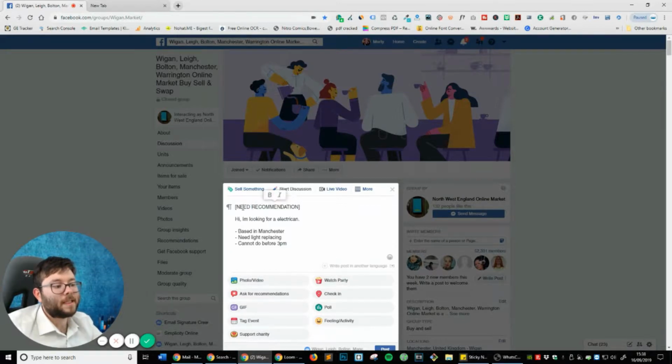And if you want to make this even more noticeable, or just a little bit nicer, you've got a choice. So you can actually make it bold or italic. This is a fairly new feature from Facebook. Or if you hover over here, you can actually see H1 or H2, etc. So if we just do this,